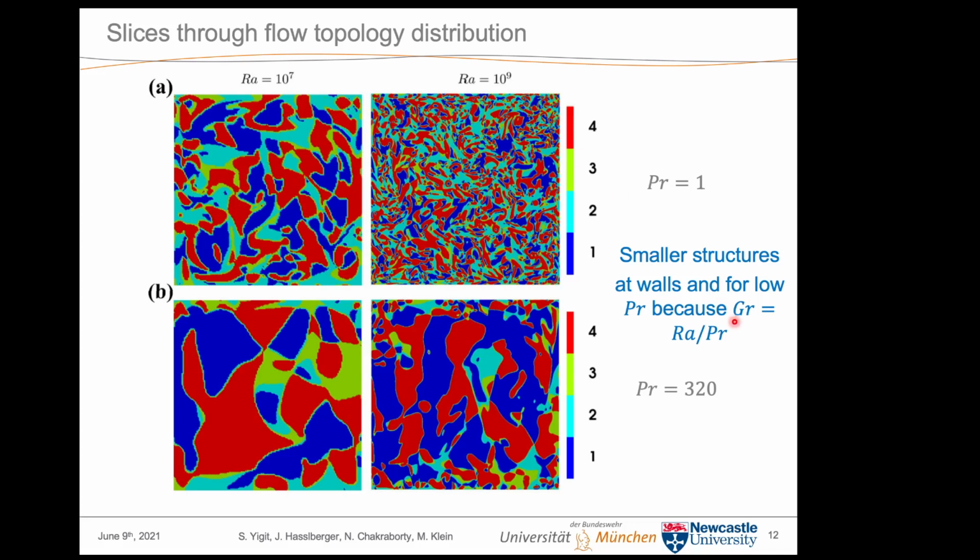And that also makes sense because the Grashof number is what would be comparable to the Reynolds number for isothermal flows. So we can see here that the smallest structures we have for the highest Grashof number, and for the lowest Grashof number we have the largest structures. And these 2 cases are actually comparable, at least in the same order of magnitude in terms of the Grashof number, and also I would say at least in the bulk the size of the structures is comparable.